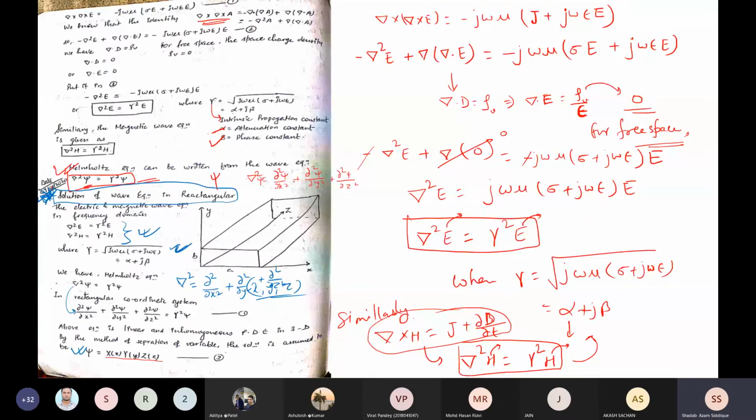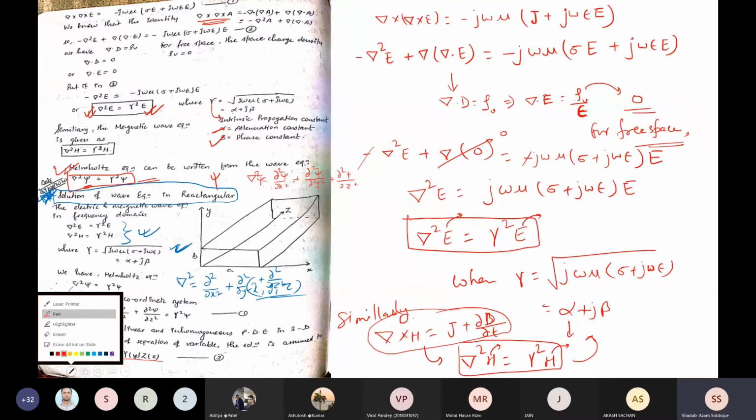The wave equation which we had got here is ∇²E = γ²E. If you take it in the Laplacian form, that is the del operator, you can say it is double differentiation with respect to the space dimensions. So if you take double differentiation of the electric field, you get the electric field again. But if you take a single differentiation, like curl E,